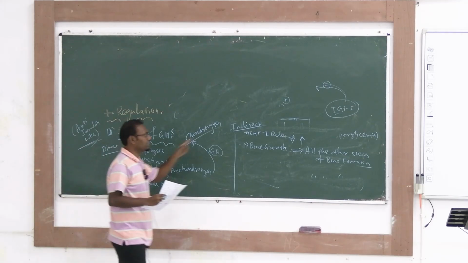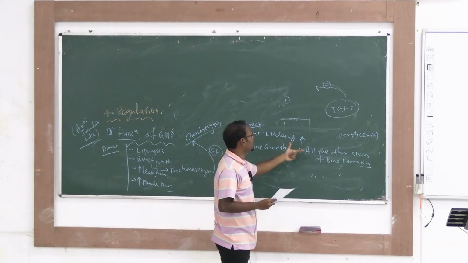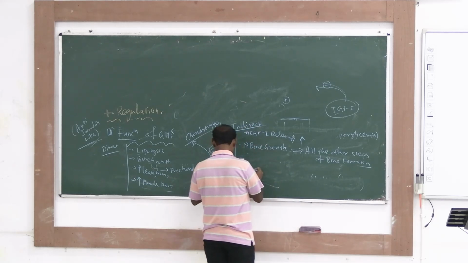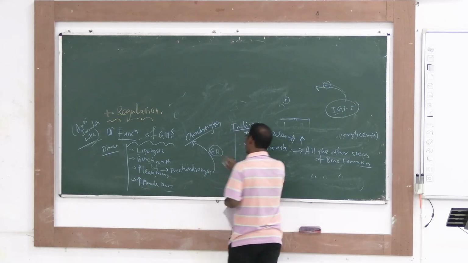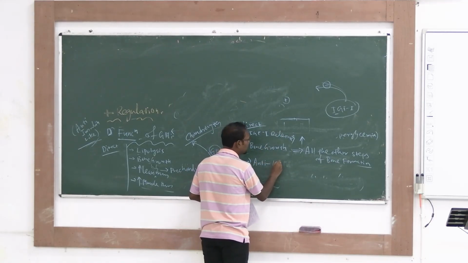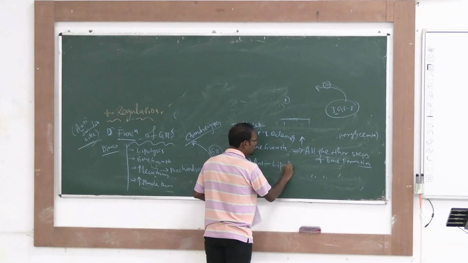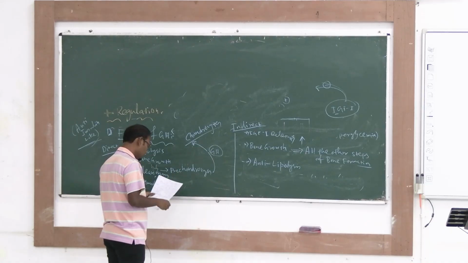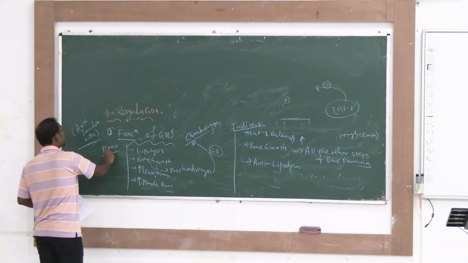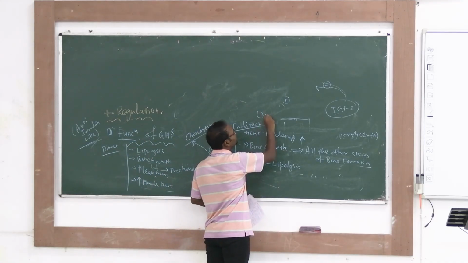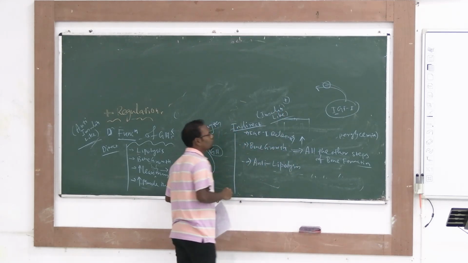And among indirect functions: IGF-1 release, bone growth, all the other steps except this part, and there is one more, anti-lipolysis. Of course if lipolysis was happening there, here it will be anti-lipolysis. So they prevent lipolysis. So the indirect function includes also anti-lipolysis. Okay. But remember, if the direct function was anti-insulin like, then the indirect function will be insulin like function. They can ask these. This indirect function will include insulin like function.